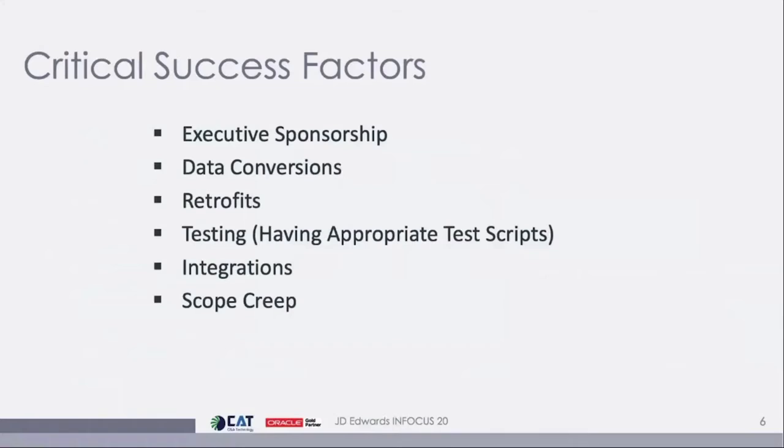The retrofit, the technical end of upgrading, there's a lot of area there where things can be missed. Things can be retrofitted that really don't need to be. So you need to make sure that you have good controls on what objects and what we call the RICE list, reports, interfaces, conversions, and enhancements. What is on that RICE list is actually what you need, because there's some sunk cost in doing retrofits that